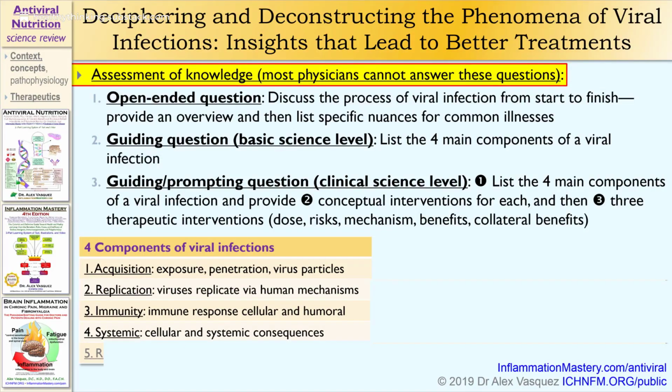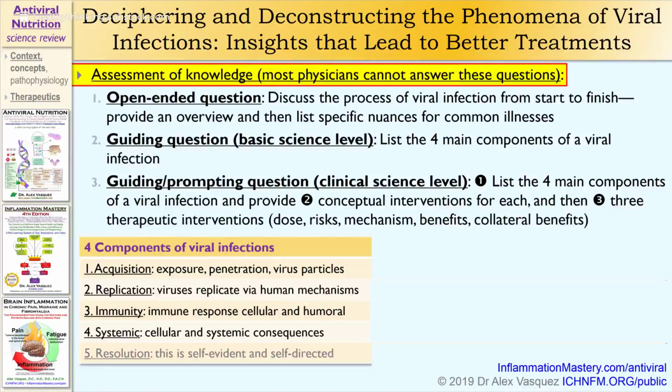cellular and systemic consequences. So when I talk about viral infections, I say that those are the four main components of a clinical viral infection. I'm not looking at this from the perspective of microbiology nor basic pathology either. Clinically, this is what we see as the major components of a viral infection: acquisition, replication, immune response, and the systemic and cellular consequences. Recuperation from that viral infection usually takes place on its own if steps 1 through 4